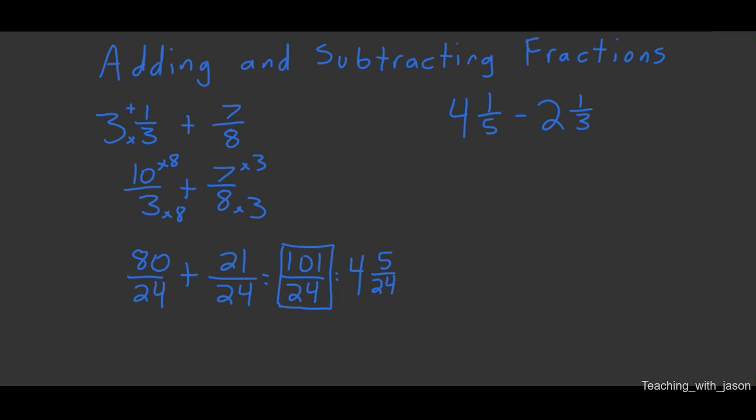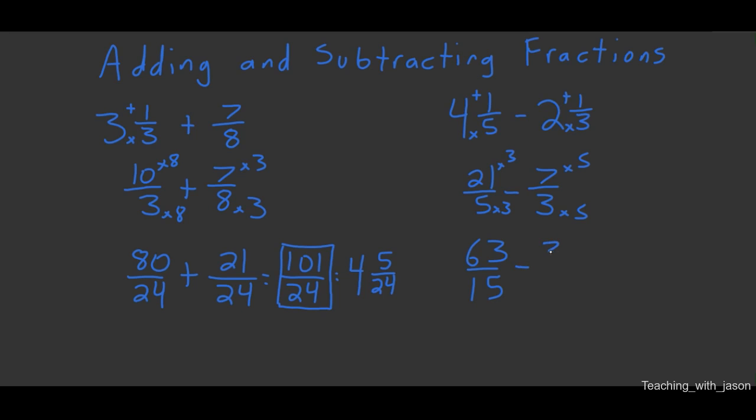If we don't see that, that's okay. We still go through all the same steps, convert to an improper fraction. 4 times 5 is 20, plus 1 gives us 21/5. And I've got 2 1/3, so I'm going to go 3 times 2 gives me 6, plus 1 gives me 7/3. There is no shortcut in this case because 3 does not go into 5, or none of the numbers that go into 3 go into 5. So I'm going to multiply by the other denominator, top and bottom. 21 times 3 ends up giving us